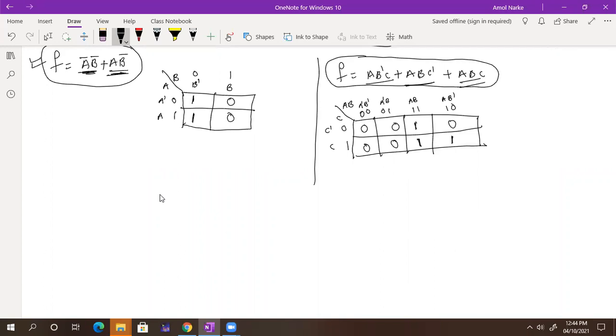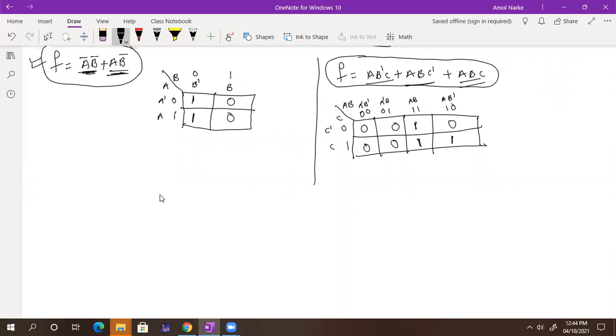So what they have given is this function. So I just draw a table. In that table, I draw A, B, and C like that. You can take BC, you can take AC, whatever the combination, that doesn't matter. But you need to take 0, 0, 0, 1, 1, 1, and 1, 0 like that. And then in min terms, 0, 0 is nothing but A complement B complement. 0, 1 is nothing but A complement B. 1, 1 is nothing but AB, and 1, 0 is nothing but AB complement.